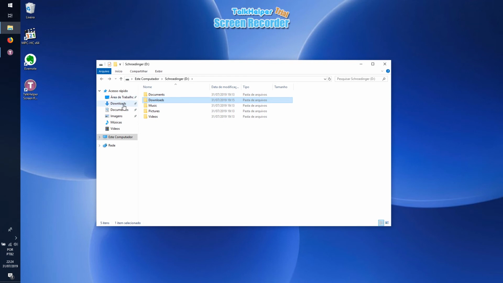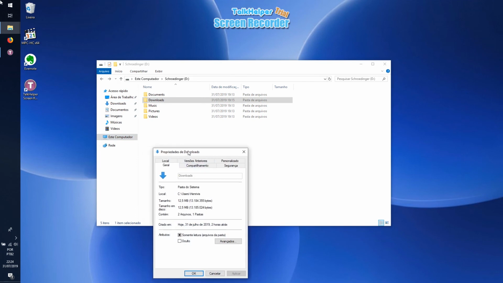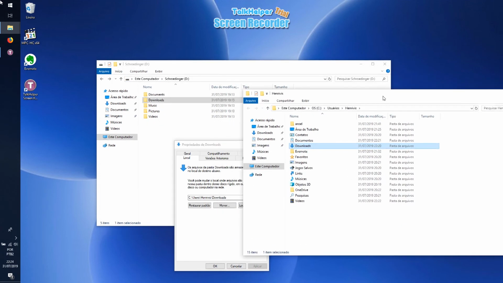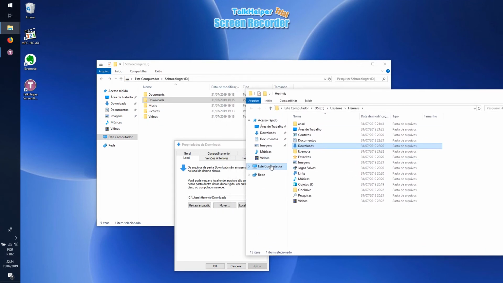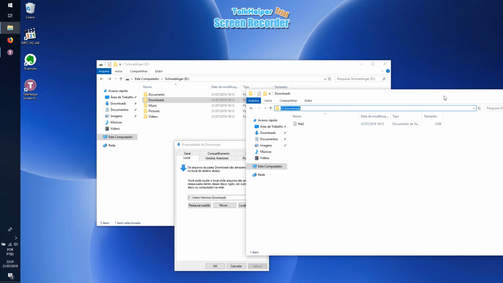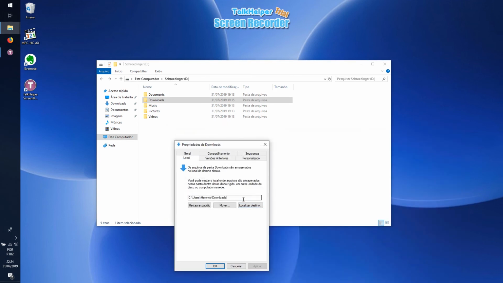In order to do that, we right click on the folder that we want, in this case downloads, and go to properties, then we click on location, and find the target that we now want to share. In this case we go to our partition, which is D, and we copy the path from it, like I'm doing, and then paste,